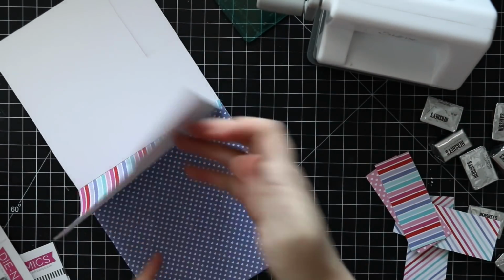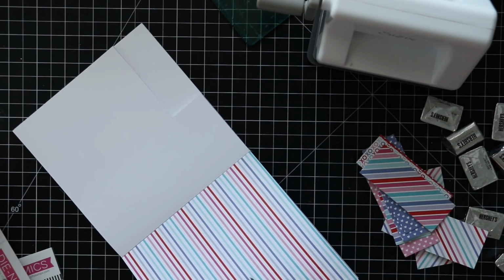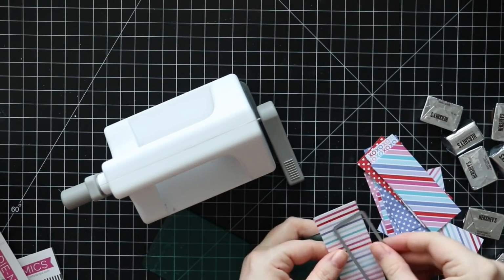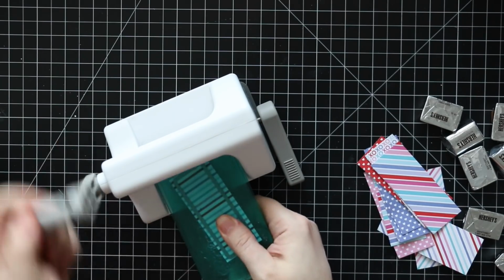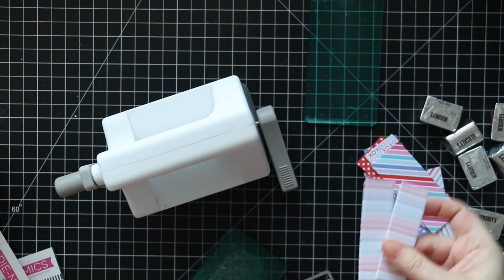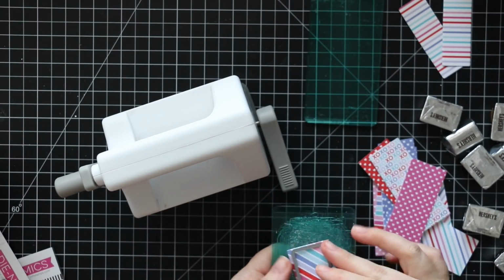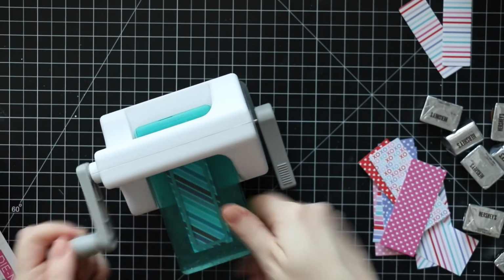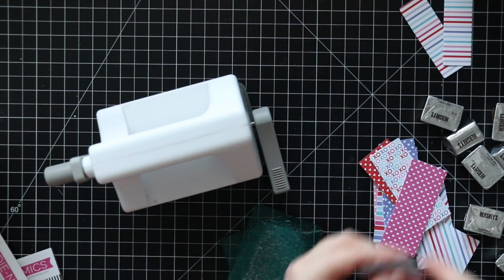out of it because I am going to use the Nugget label window and frames Die-Namics, and they have this little rectangle wafer die that is sized to perfectly fit to create a little wrap for Hershey nuggets. So I discovered that I could run 2 pattern papers through at once and die cut them with the one die, so it just makes things go faster. I recommend either pattern paper like this or just thinner pattern papers or cardstocks when you're creating wraps, only because if you're using a really heavyweight cardstock, it's going to be a little more work and stronger adhesive to